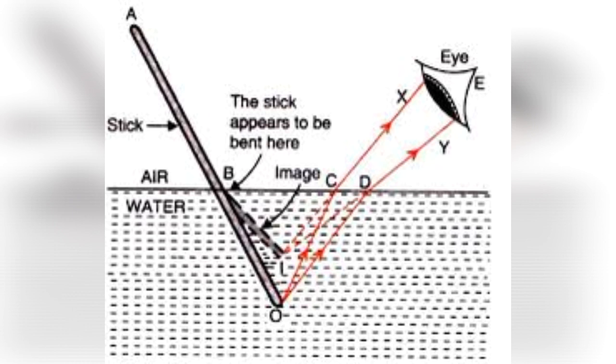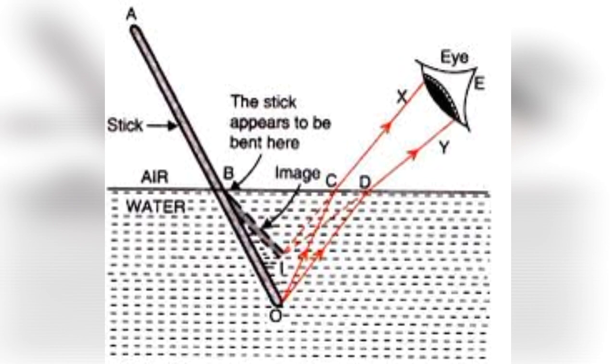But the refraction and the apparent change in position will not be there for the part of the stick outside the water surface. Hence, we can see the original position of the part of the stick outside the water surface and the apparent position of the part of the stick inside the water. That is, the immersed part of the stick appears to be raised and therefore bent at the surface of water.